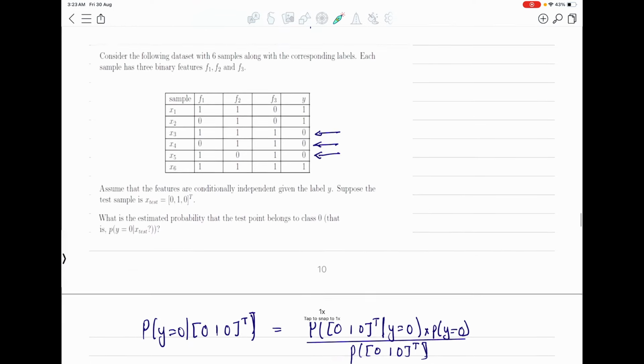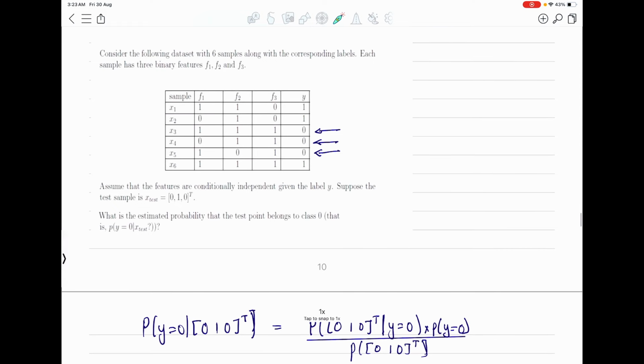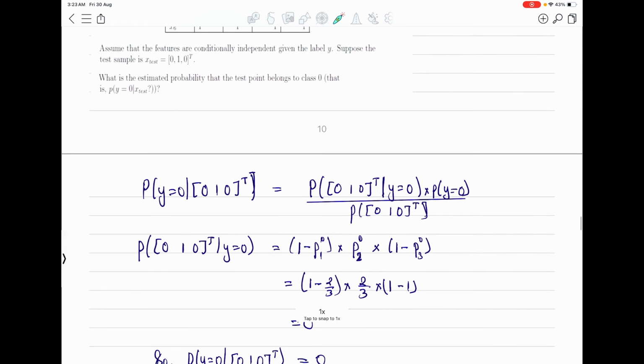I hope you remember these types of theories which we have already discussed. So we have to find this probability. So the probability of this will be, first is 0, so we will write 1 minus probability of y equals 0 coming from class 1. If you know how to read this, let me write it. P of 1 0 is basically the probability